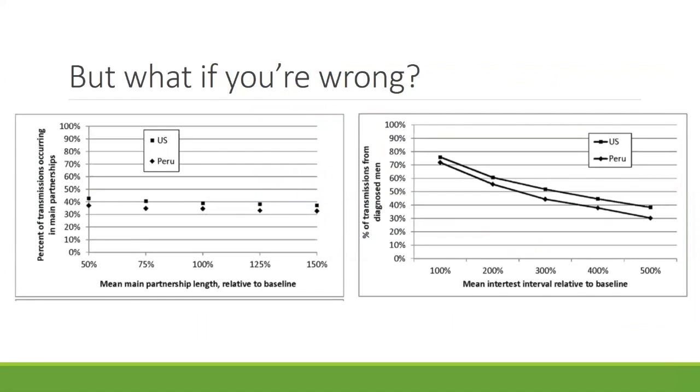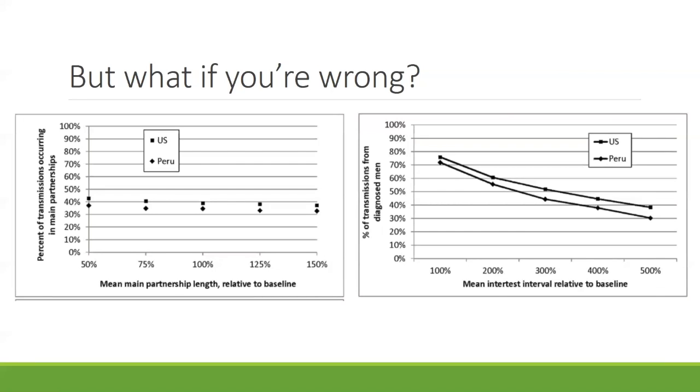So probably when you looked at that massive list of parameters, you said, well, you can't possibly have gotten all of those right. What happens if you're wrong? Which you should absolutely be asking. That's a very important question. And what we do is we do sensitivity analysis. So this is an example of the things that we tried. This is one place where the computational issues do come into play. We have to be selective about what we do sensitivity analyses on, because we can't say, well, we're just going to vary everything across the plausible range and all the possible combinations of all the plausible things, because we don't have the computational time to get that done.